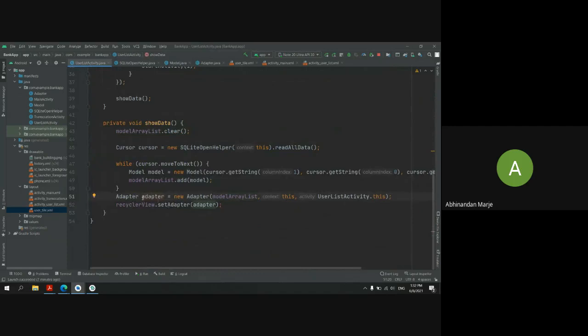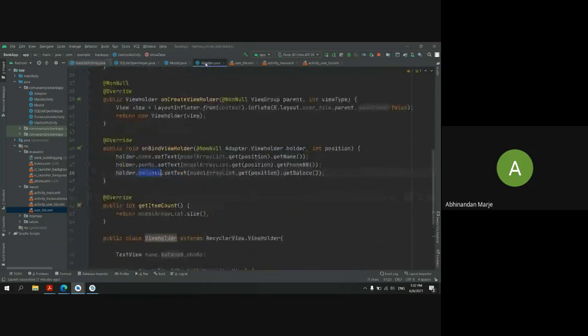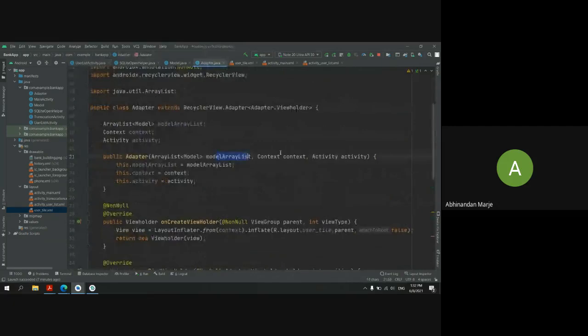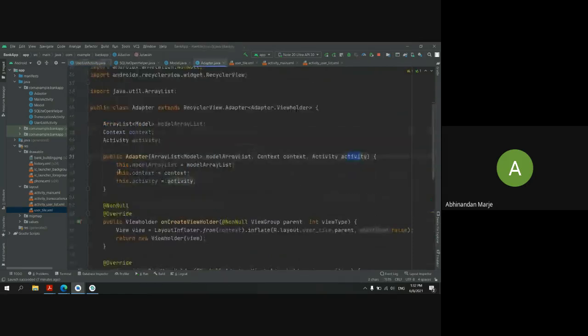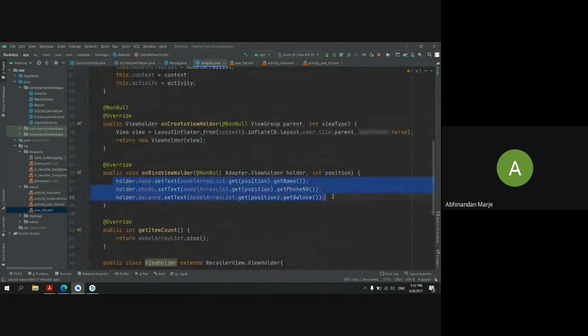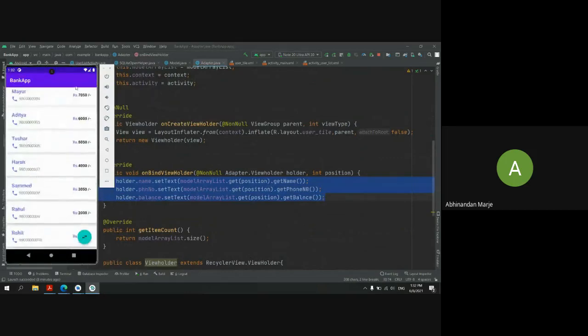So for that, first I have to mention an adapter, and I have to pass the required arguments for my adapter. You can see I'm taking the array list, context, and activity in my adapter. So I have to mention these things here also. I have to pass one array list, the context, and the one activity file. Then I'm setting the recycler view adapter. Once you set the recycler view adapter, it will just coordinate with this and extract all the data from your array list and set your data here in your XML layout, and it will just populate your recycler view like this.